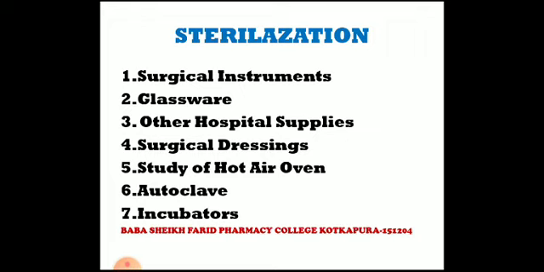In that, the procedure behind it is: first washing of the instrument, wrapping, loading, operation and cooling time. These are the 5 points which are undertaken in the sterilization of surgical instruments. The surgical instruments are, for example, cutter, scissor, tongue forceps, needle holder, and needle. These are the types which are handled under that process.